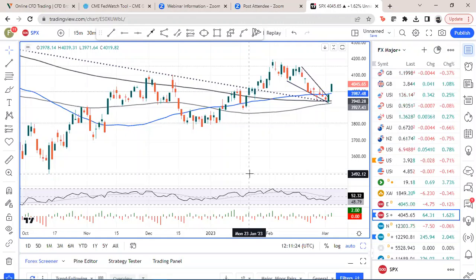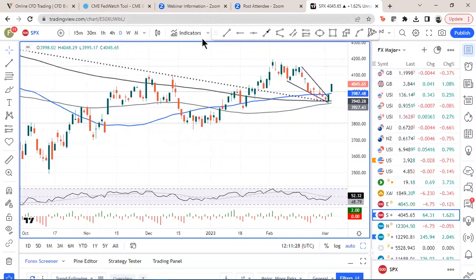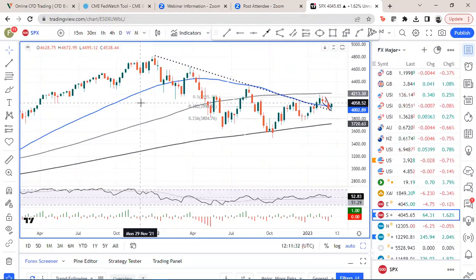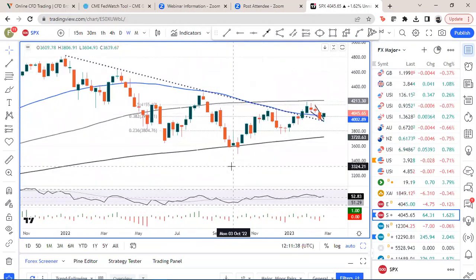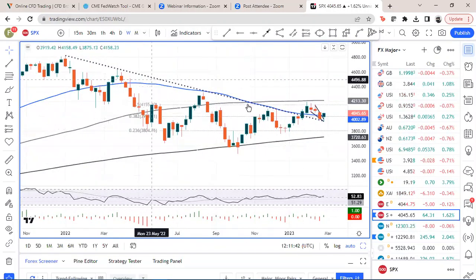Because essentially, as we know, the worst of the bear markets don't go down in a straight line, just as bull markets don't go up in a straight line. So just a couple of points there. For the weekly then, the S&P 500, we can see, yes, we sort of bounced off this long-term trend line